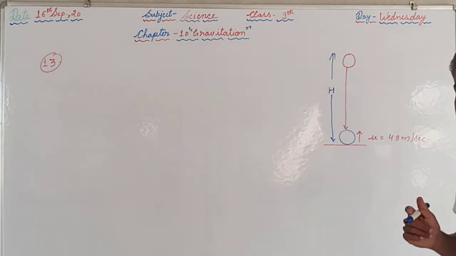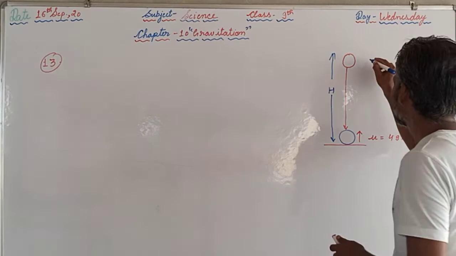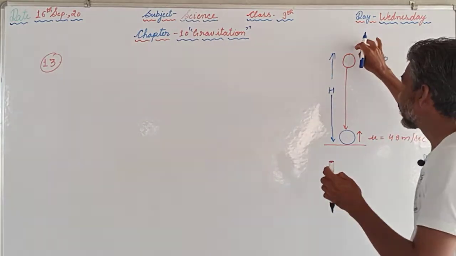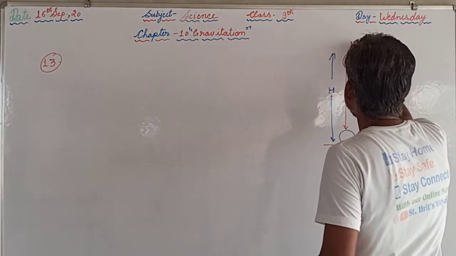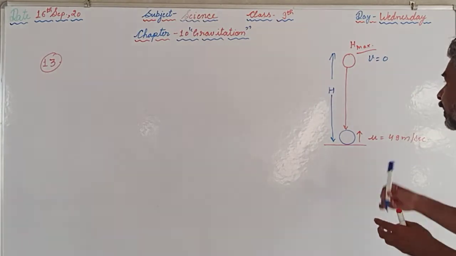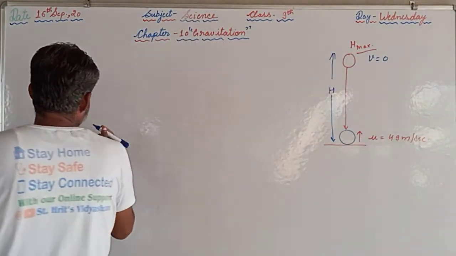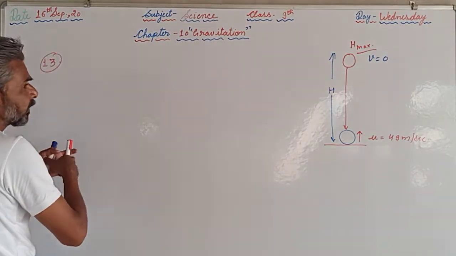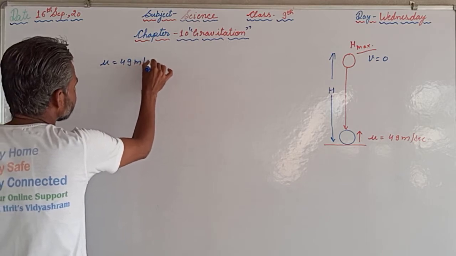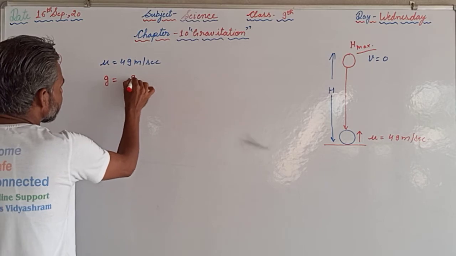One important thing is that the velocity at the highest point will be 0, so v will be 0 at h maximum, meaning maximum height. We are given that u is equal to 49 meters per second, and the value of g is 9.8